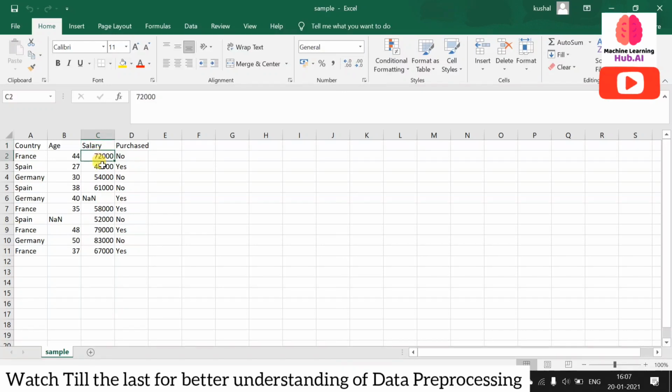In the salary column the values are continuously changing, so we can implement simple linear regression. Then salary will be our y, and all other columns like country, age and purchase will be x. We can convert this problem into linear regression, or simply regression. After that we can implement other algorithms also, like support vector, decision tree, whatever.